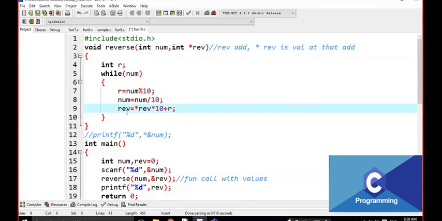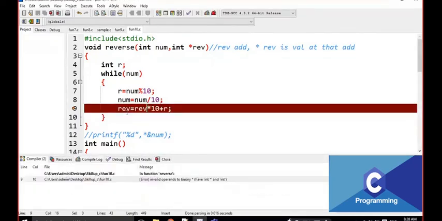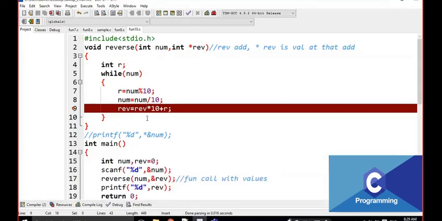For example, if I write REB, that is the address, into 10 plus R, and execute it, it shows invalid operands to binary, that means int star and int. Why? Because int star means it is an address here. That's why this is not possible. We cannot multiply an address with 10. That is the error here.